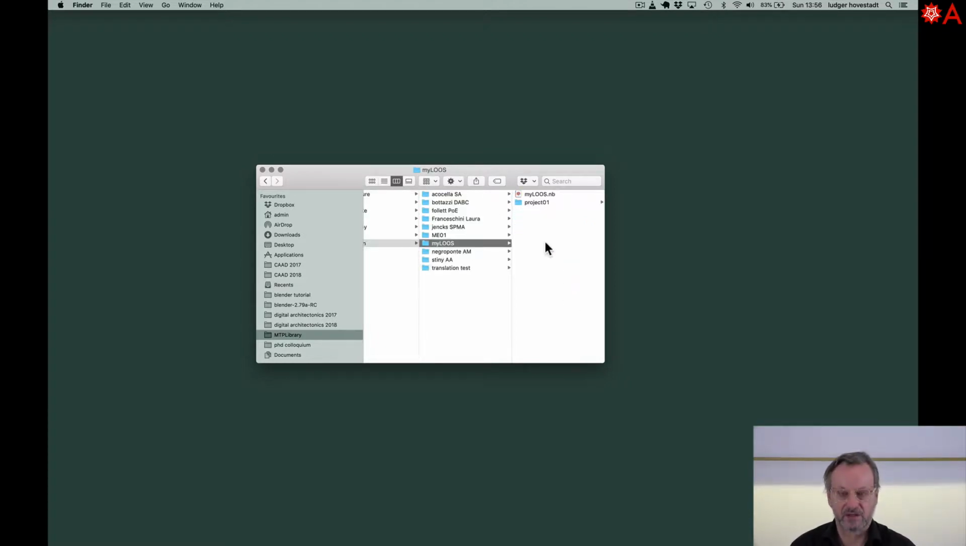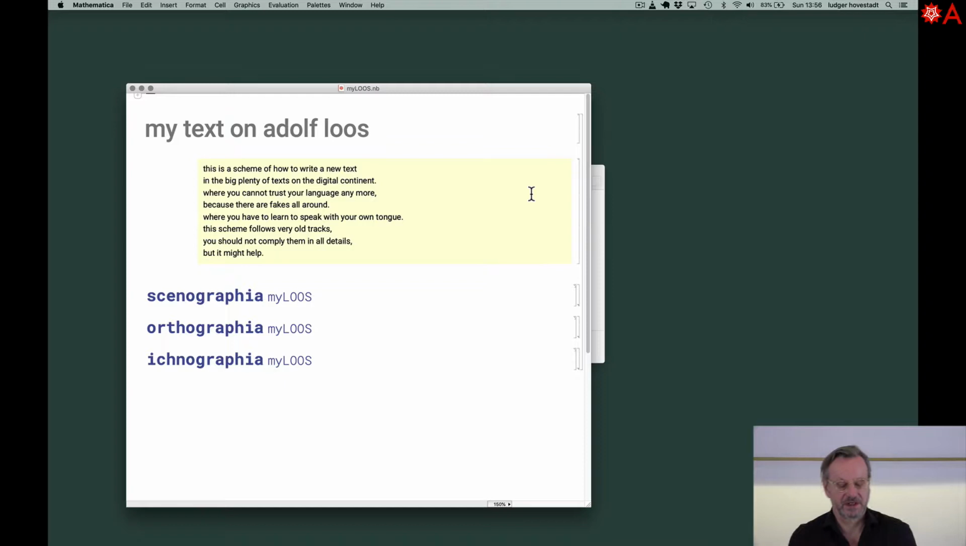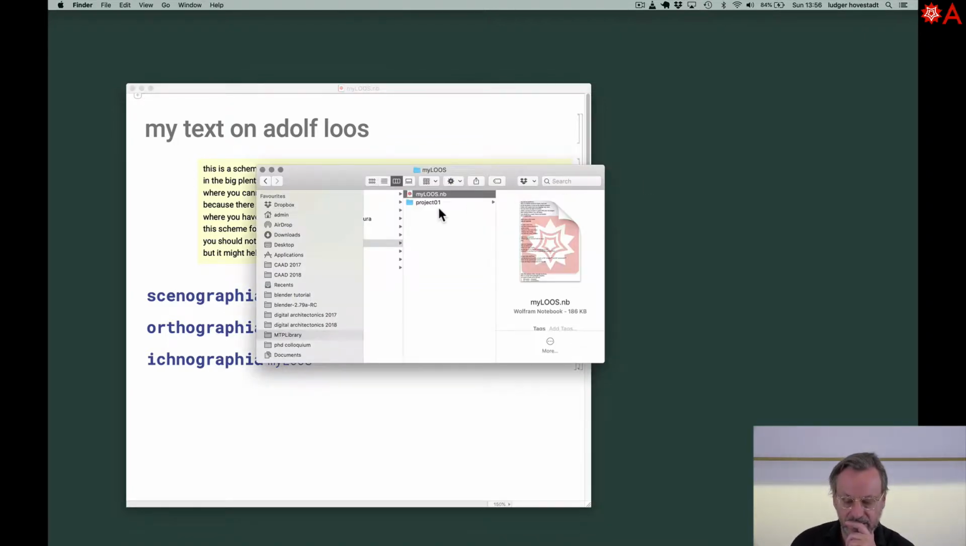Now I'm working on a text of Adolf Loos, and this is my document I'm working with. And I want to explain to you how I'm developing my text. So I will show you how I'm doing that, how I'm organizing that. So the first step is that